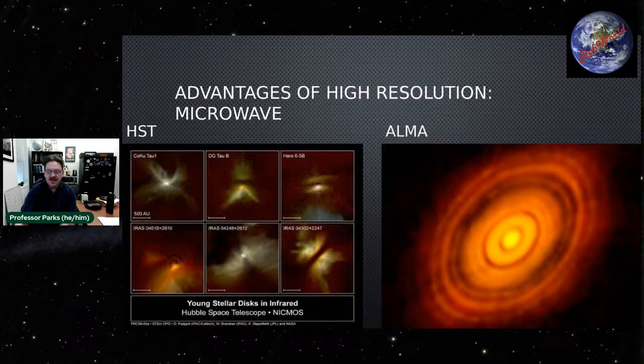And you might notice these dark rings that go through here. Those dark rings are an absence of dust and gas. The best explanation we have for why those rings should exist is because there is a planet, a protoplanet, going around, literally throwing its mass around, evacuating those regions. We are literally looking at an image of planets that are forming essentially in real time. So again, without interferometry, we don't get this. We are not able to see this.